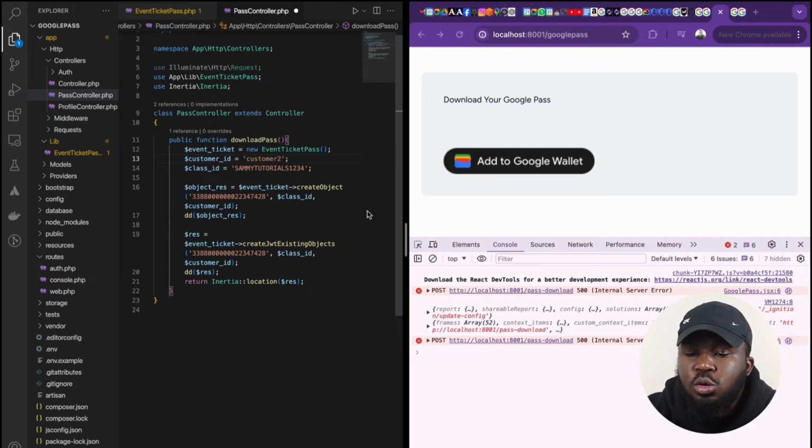So in our controller class, we have our download pass function. In here, we are calling on two methods in the event ticket pass: that's the create object and then the create JWT for the existing object. For the create object, you are going to pass in three parameters. The first one is the issuer ID